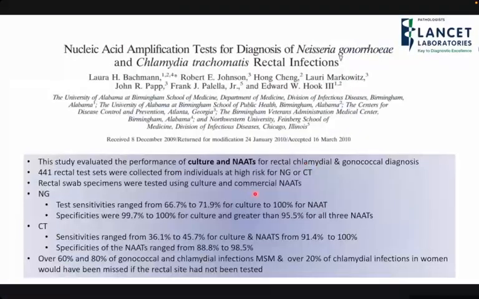So we like nucleic acid amplification tests, because studies have shown that these have increased sensitivity and a good specificity. They did multiple studies, and they saw that if you only do a culture, you miss even 50% of your positive Neisseria and Chlamydia trachomatis. So culture's sensitivity is low, but we still do say do a